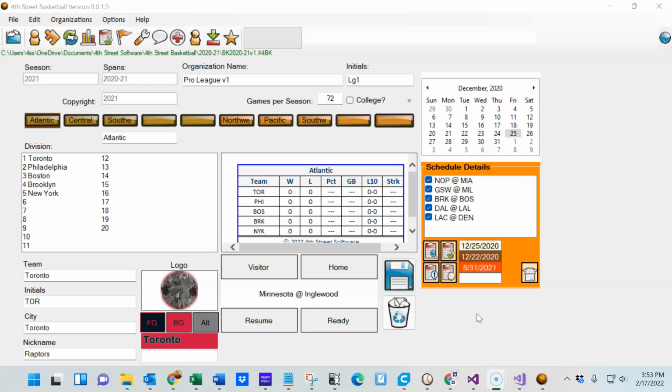If you're a draft league nut like I am, then you probably want to take this game and start up your own league with it. And the way to do that easily is to, first of all, load up the season file that you want. In my case, I've loaded up 2020-21, and I'm going to go up to the Organizations menu and create a